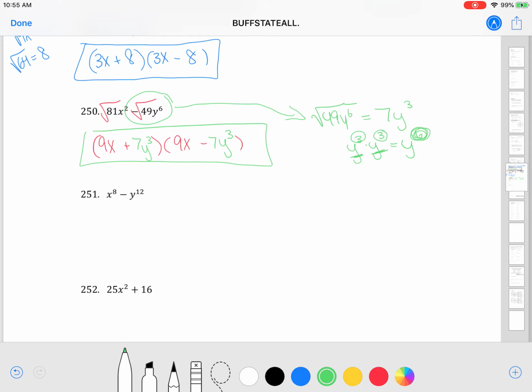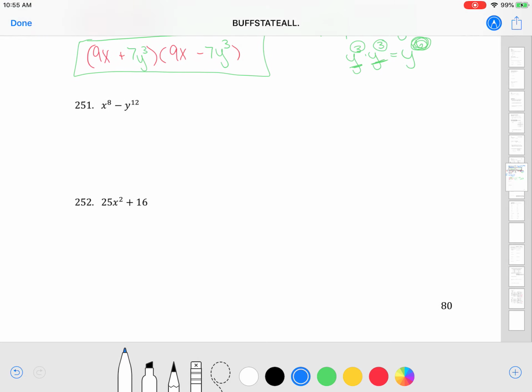We'll do one more like that. So if you didn't get it right off the bat, we'll use that dividing it by 2 again. For this one, for 251, again, you'd want to see if it has a GCF. It doesn't, so I continue on to see if it works with the DOPS setup. I have the subtraction, and those are perfect squares because they have even exponents. So I jump right in and I start doing DOPS, and I set up with my two sets of parentheses,